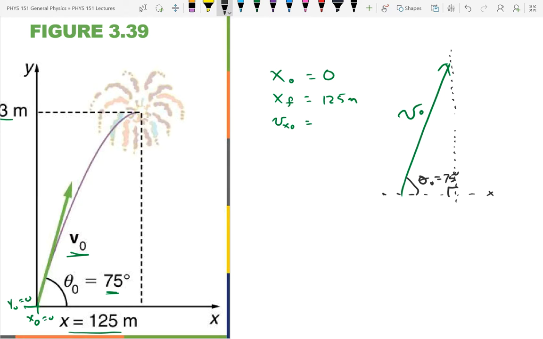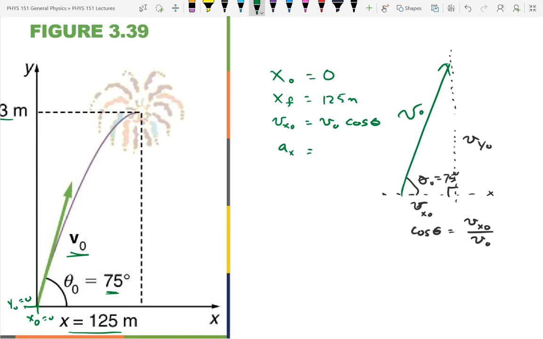And so now I have an angle. I have the long side, the hypotenuse. Here's my Vx0. Here's my Vy0. Which side of the triangle is Vx0? Adjacent. And so the trigonometric function that relates adjacent and hypotenuse is cosine theta. Cosine theta is adjacent over hypotenuse. So that means solving that for Vx0, Vx0 is going to be V0 cosine of theta.